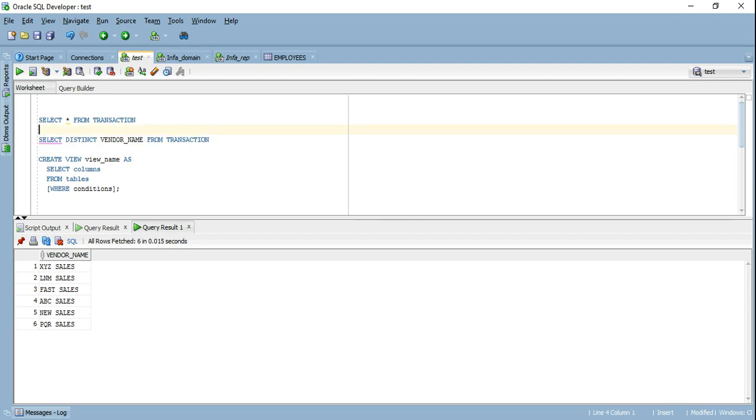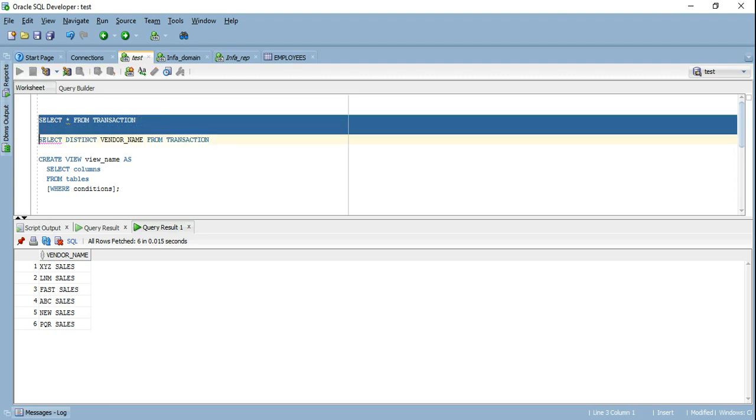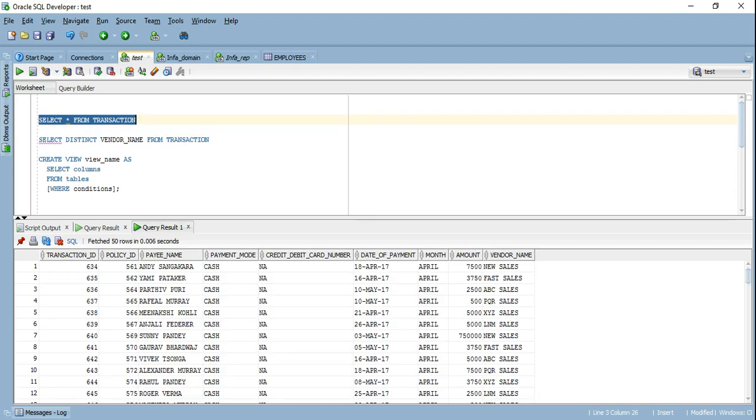So now if you see, I cannot give them access to my transaction table because it has data from different vendors as well, and that will be a security breach because I'm exposing the data of their competitors to them. They can actually gain leverage on that.